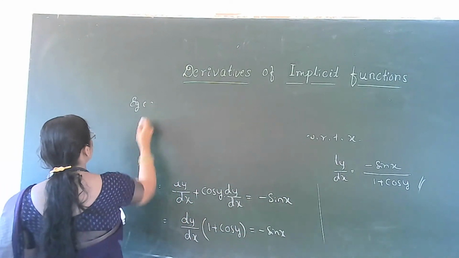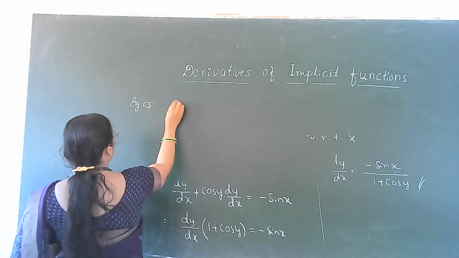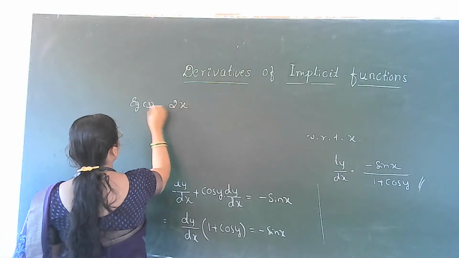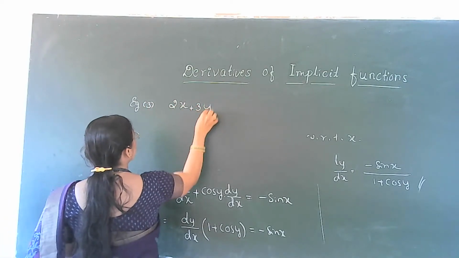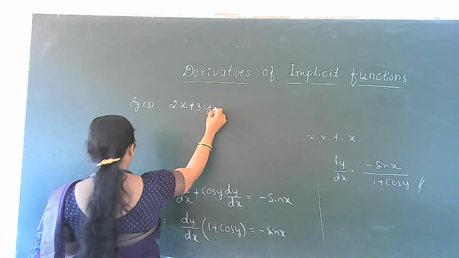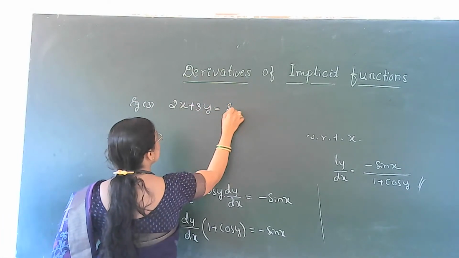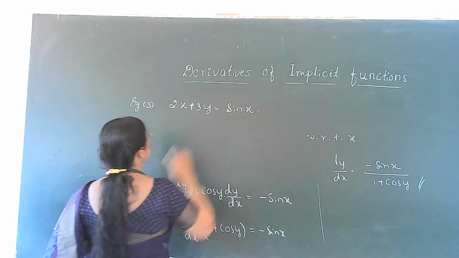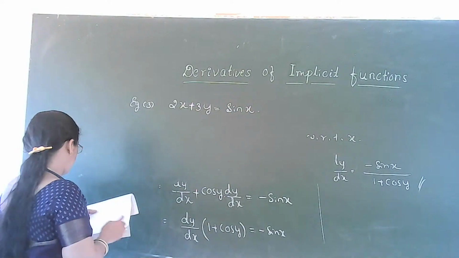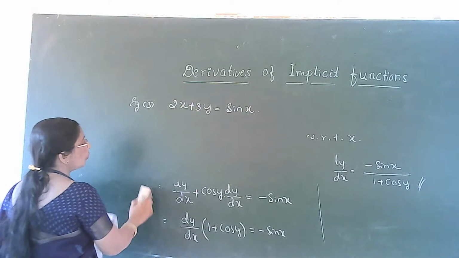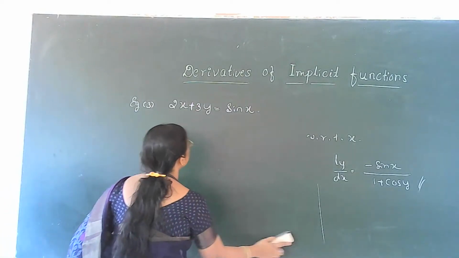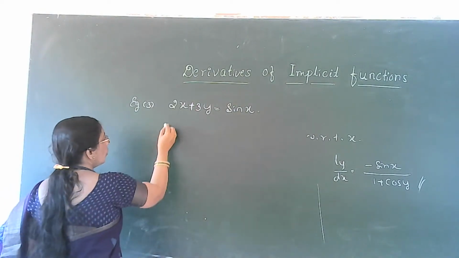Third one, 2x plus 3y is equal to sin x. 2x plus 3y is equal to sin x. Here also,